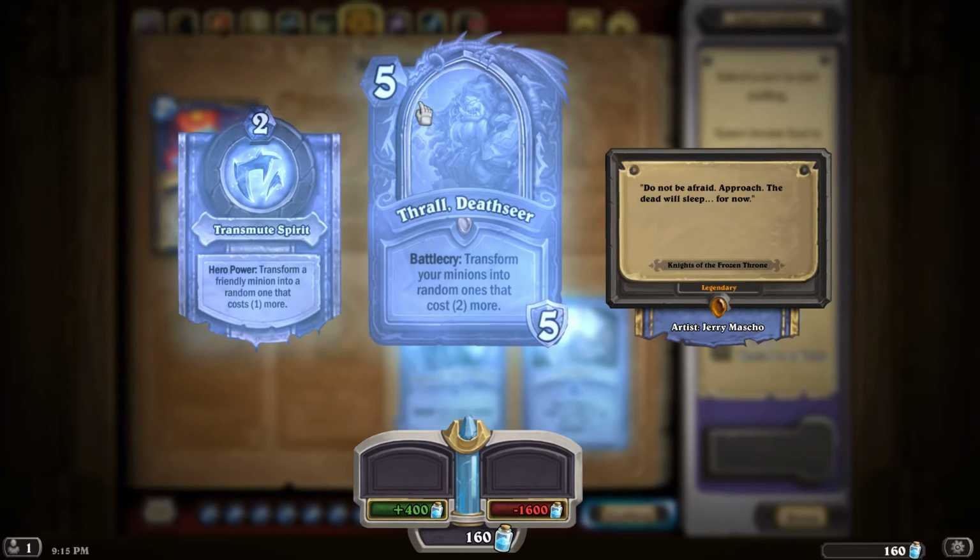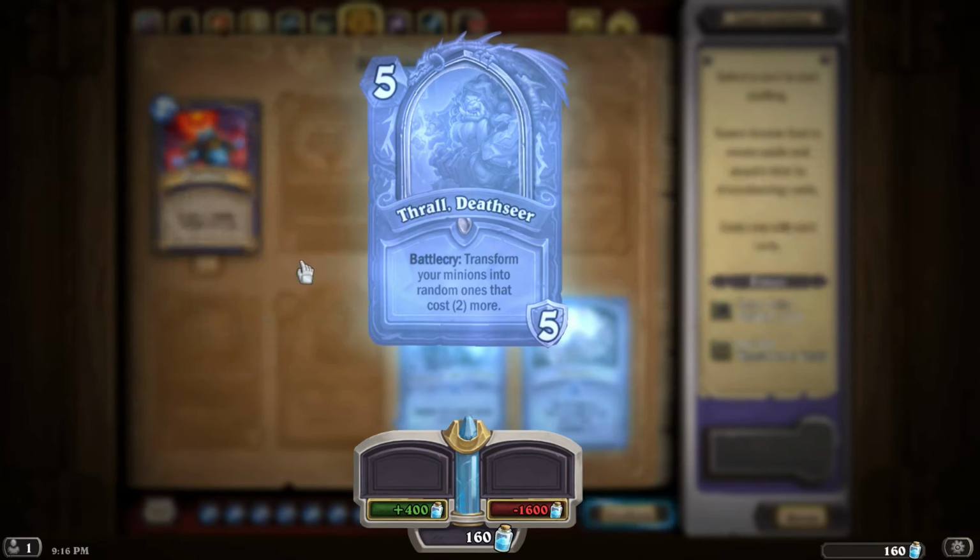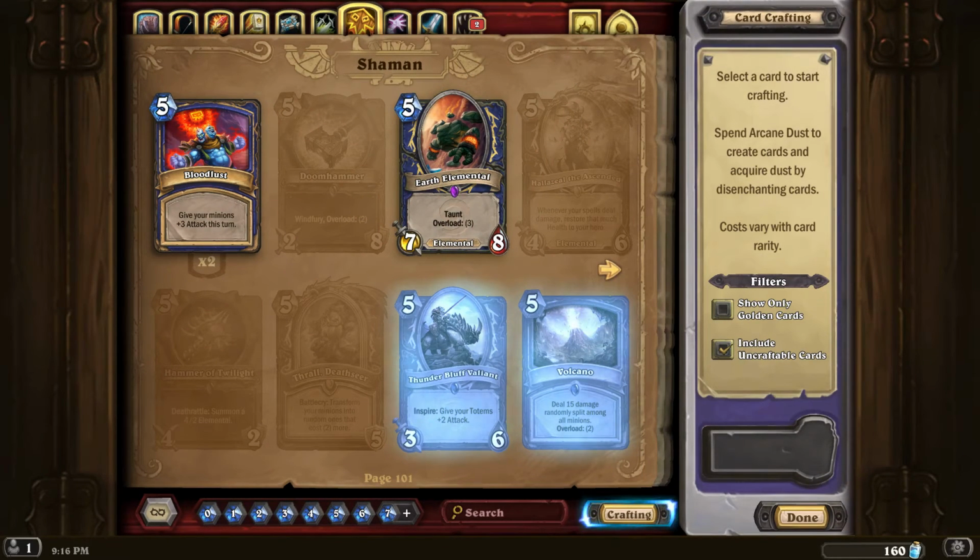Thrall Deathseer is a 5 mana, 5 armor hero replacement that has a Battlecry to transform your minions into random ones that cost 2 more. If you played that card that doubled the Battlecry and cast them again, that would transform all your minions up even more. This has the Transmute Spirit hero ability to transform a free minion that costs into a random one that costs 1 more. So it just slowly pushes